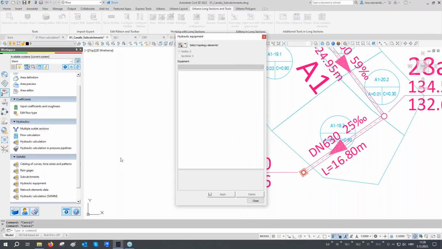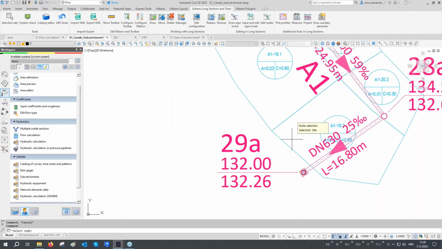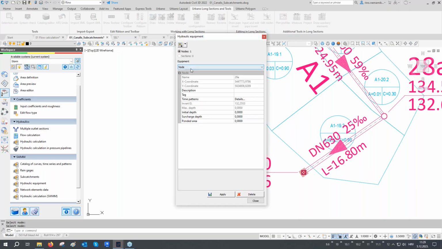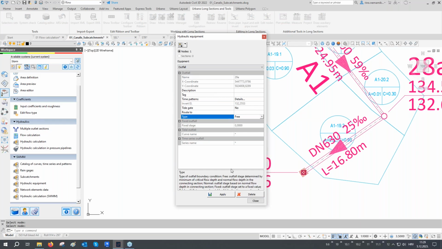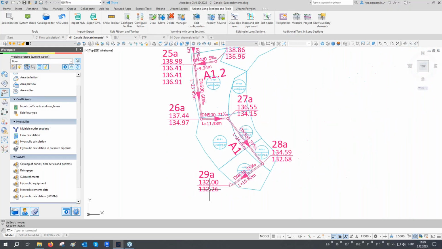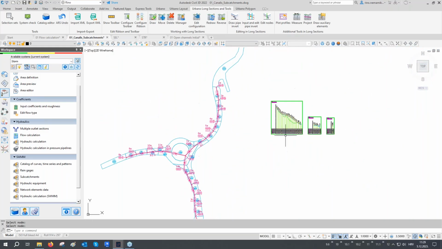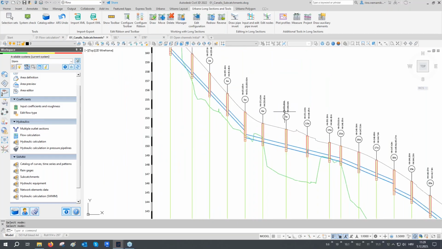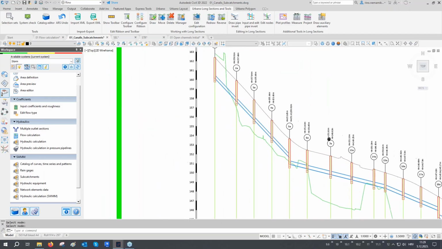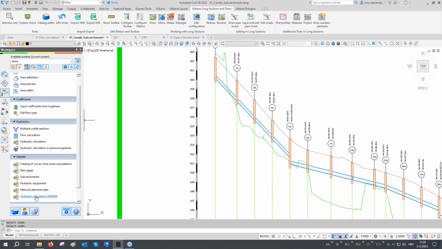So let's open hydraulic equipment. I will select this node here, and from the drop-down list, I will select outfall with the type free. So let's click apply, and now we have everything ready to go to hydraulic calculation according to SWM. I will zoom to this profile so we can immediately see the results here, and let's open the hydraulic calculation